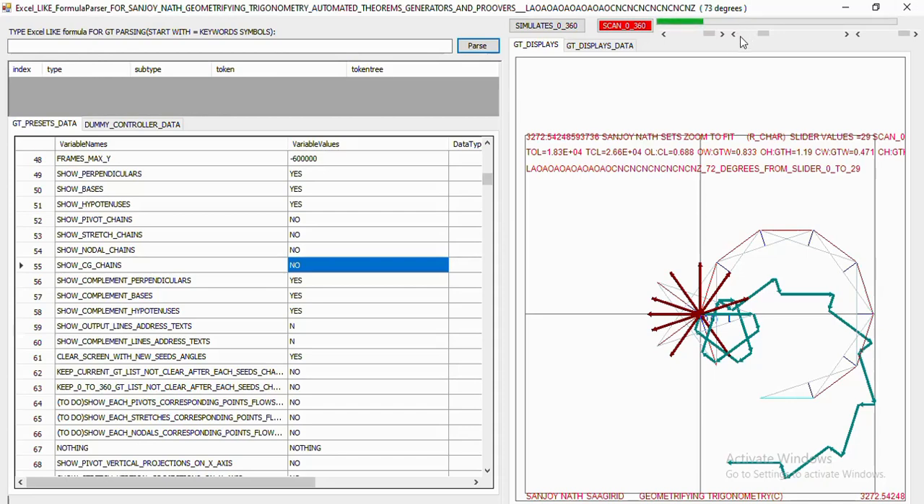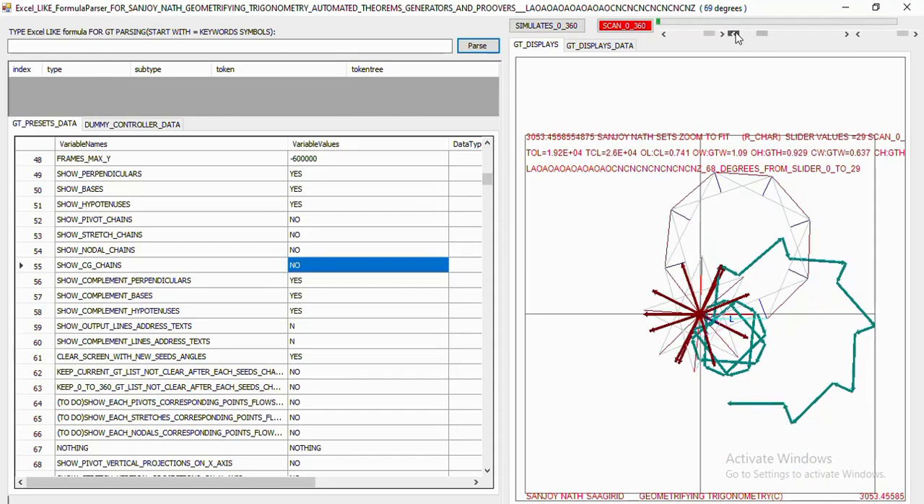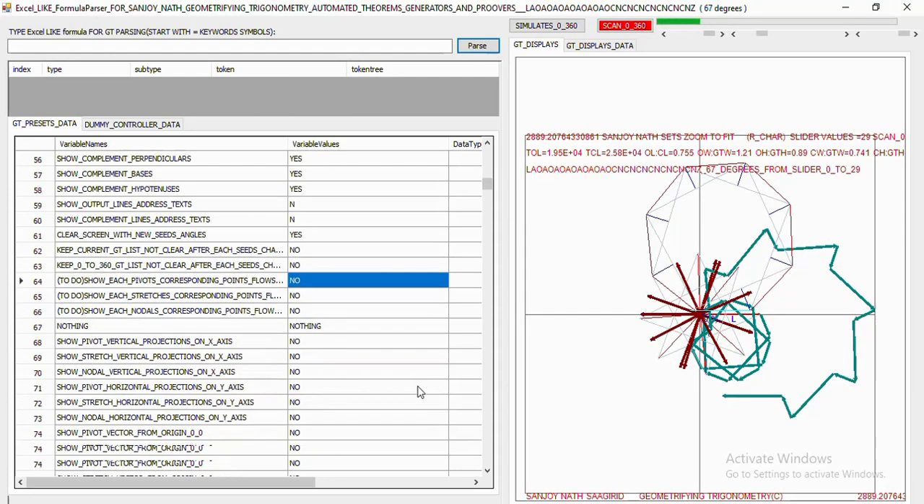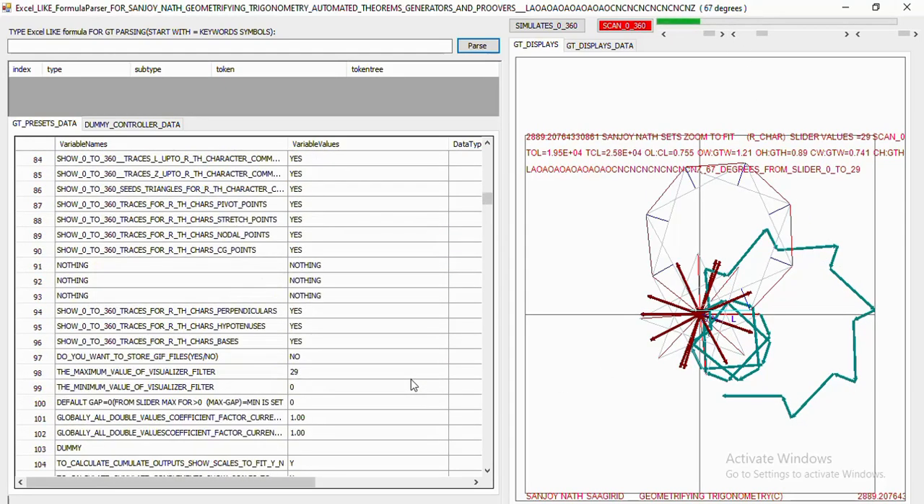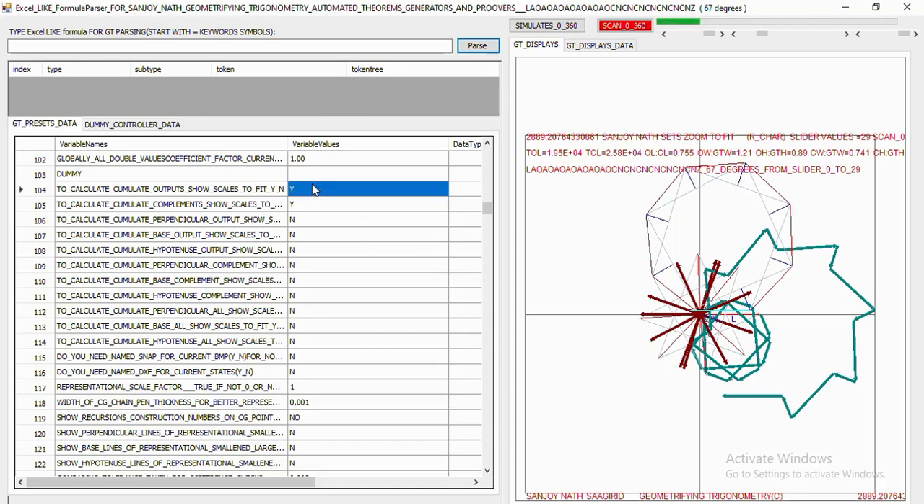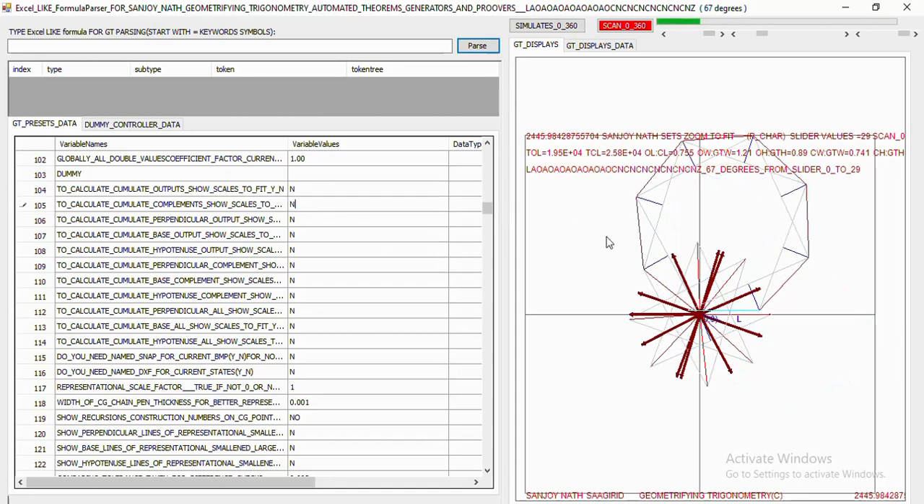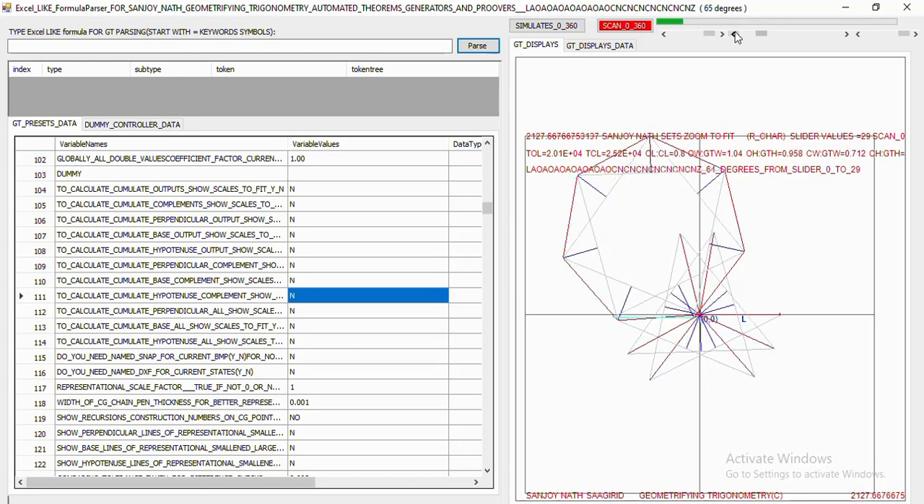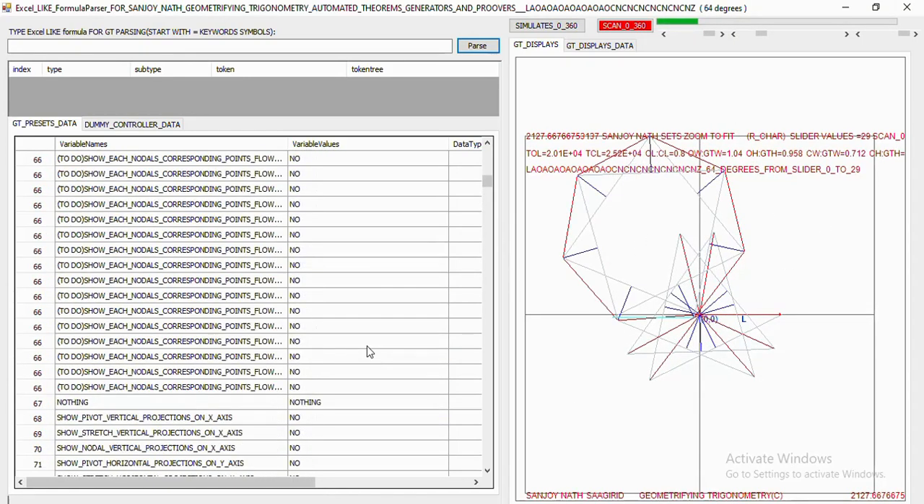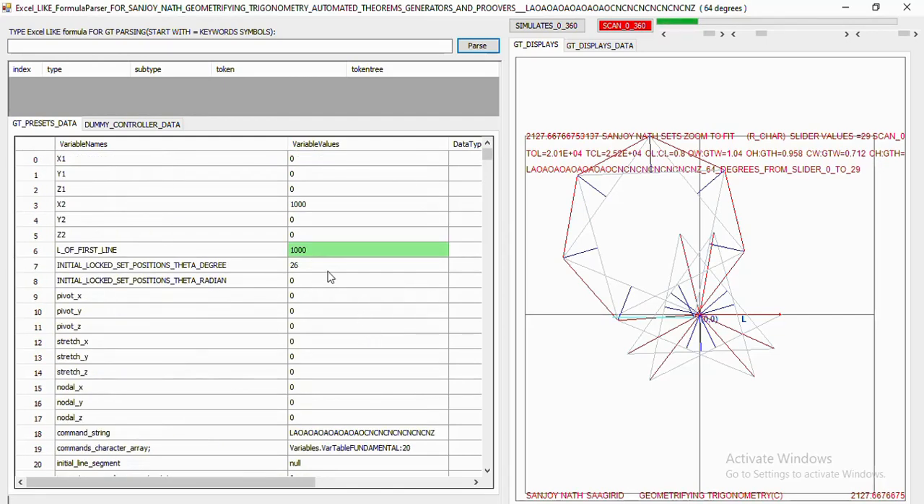Gtsimplexes. I want to show you a very interesting thing here. Suppose if we stop the summation here, then it will give some beautiful outputs like this. And if we check the constructions for this output, suppose the angle is